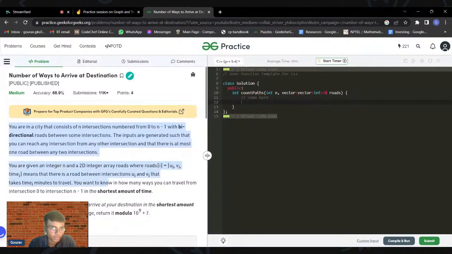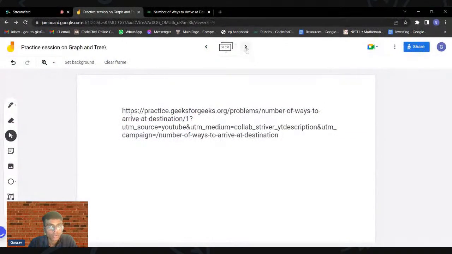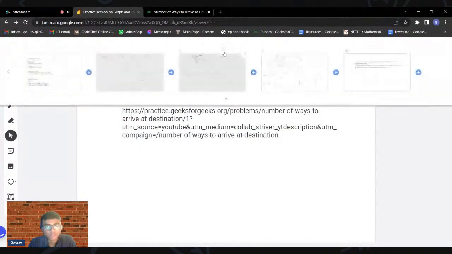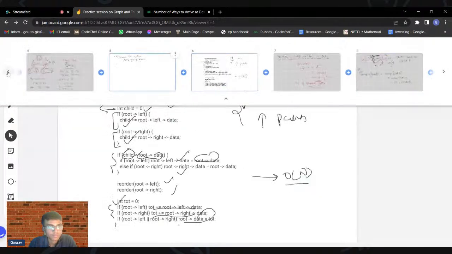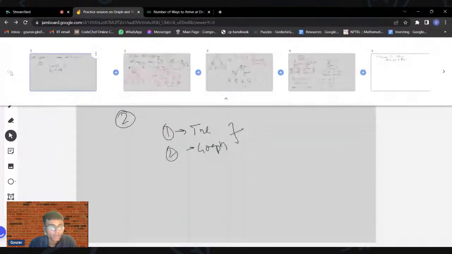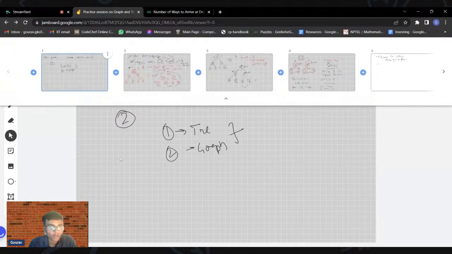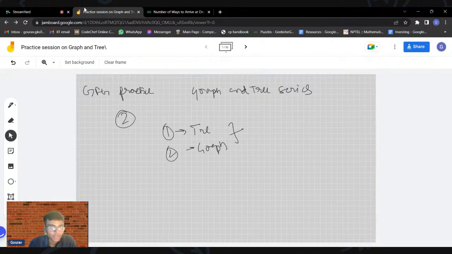I would like to keep this session short because we will be having very frequent practice sessions twice a week. So any doubts still here? We discussed two problems today. The first was about the children sum property of a binary tree, and after that we discussed an implementation of Dijkstra's algorithm. But the coding part is left to you as an exercise. I am sure you all will complete it. That is quite a good level of question.